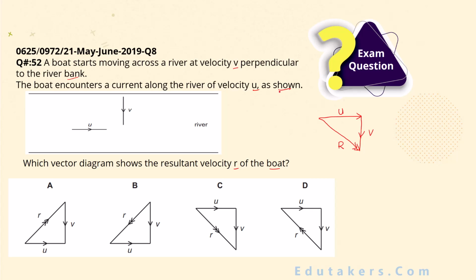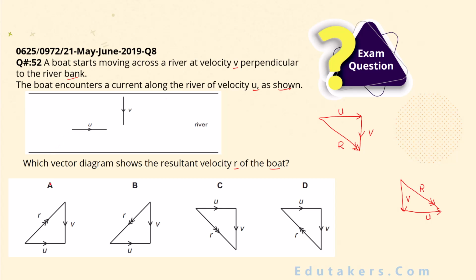Second possibility is that if you consider that the first vector is v instead of u, then I draw the first vector v and add the vector u to this vector according to the head to tail rule. So this would be the vector u. Then add them according to the head to tail rule and draw the resultant vector. It will point from the tail of the first vector towards the head of the last vector. This would be the resultant in this case.